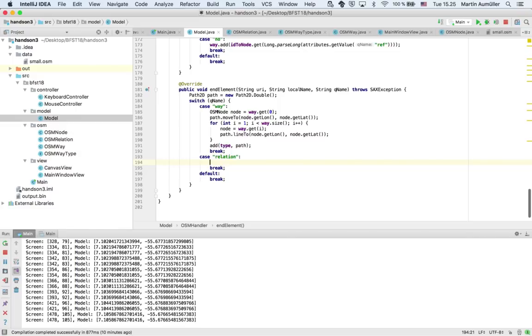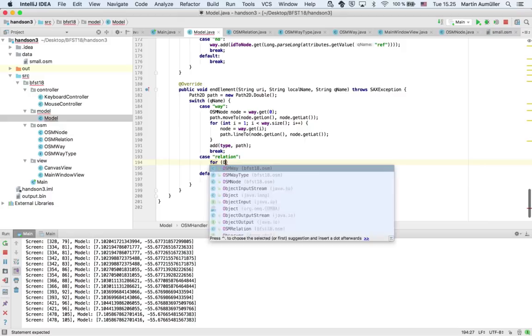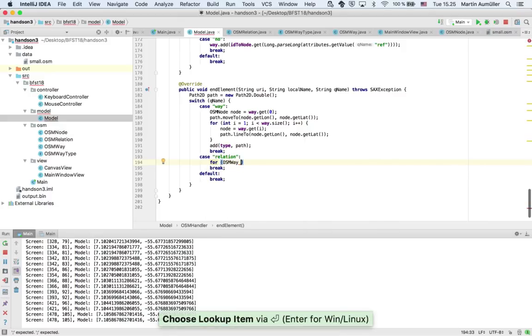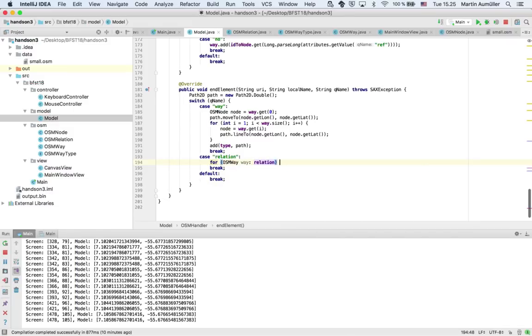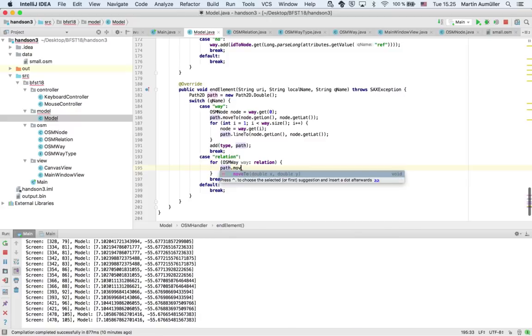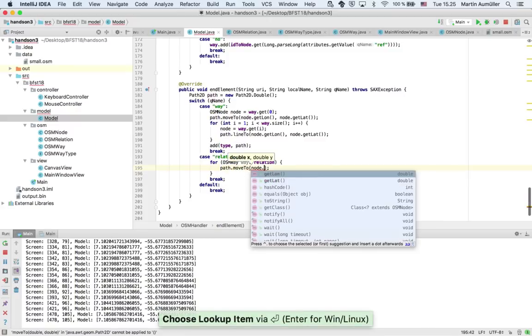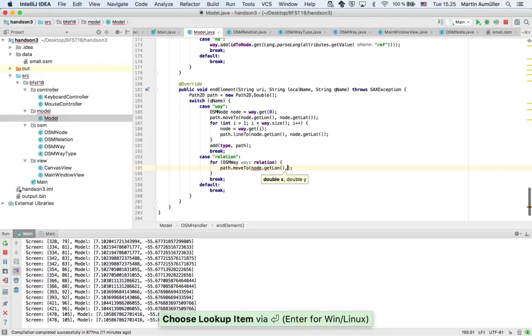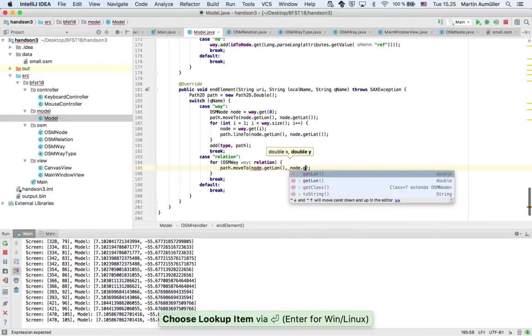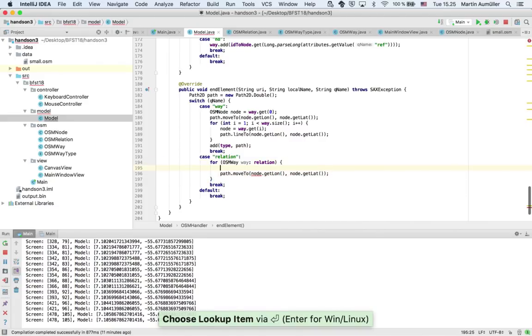So now I want to go through all these ways that are stored in the relation and add them one after the other to our path. So I want to go through OSM way in our relation. And what I want to do is I want to take my path. I want to move to node.getLong, node.getLatitude. Of course, the node is